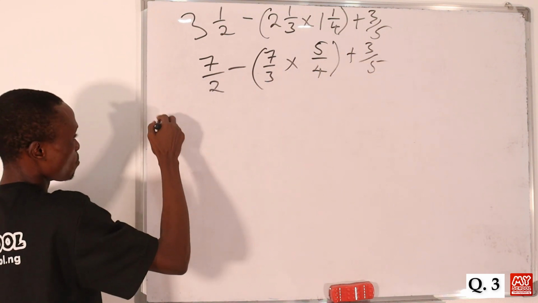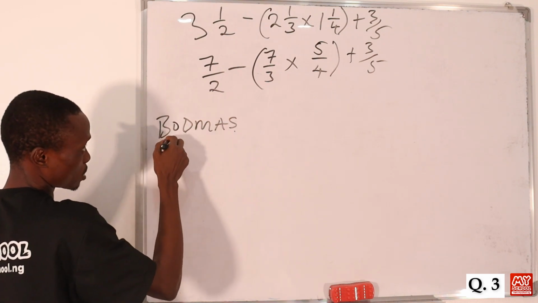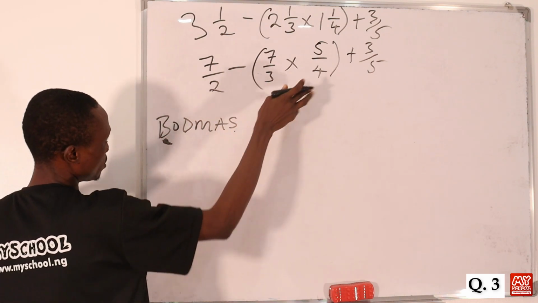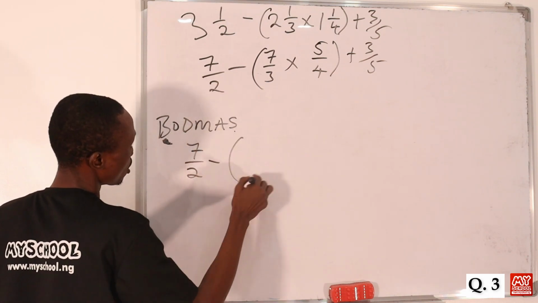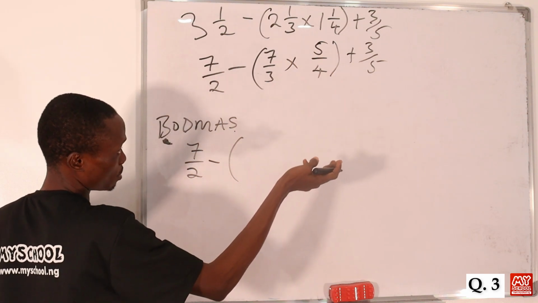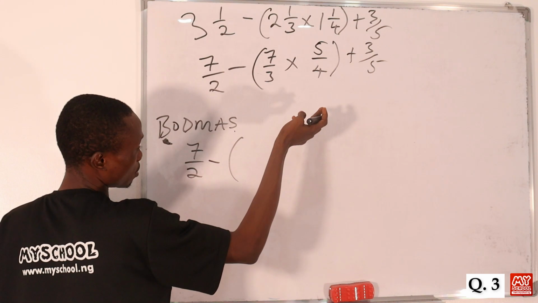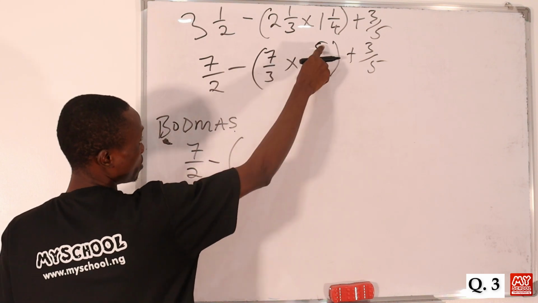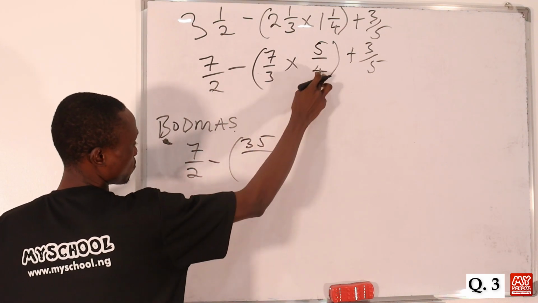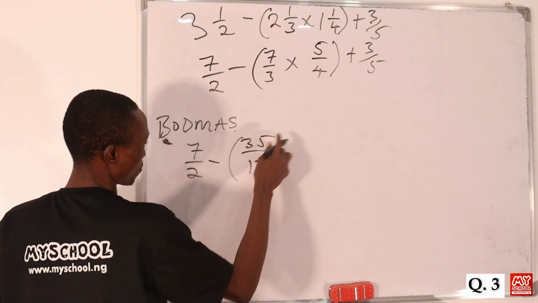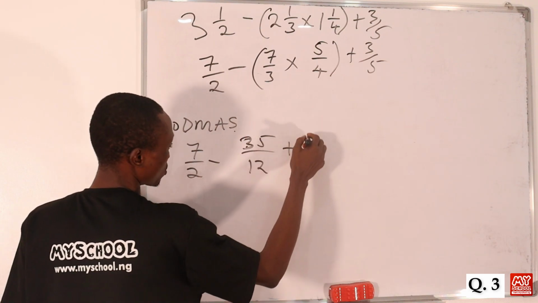So we are going to be using BODMAS to solve this. For BODMAS, you first of all deal with what is in the bracket. So let's deal with what's in the bracket. Here we'll have 7 over 2, then minus. If we deal with what is in the bracket, of course, there's nothing here that can cancel, so we just multiply. Here 7 times 5 will be 35. Then here 3 times 4 will be 12. So let's remove the bracket now since we have dealt with what is inside the bracket,